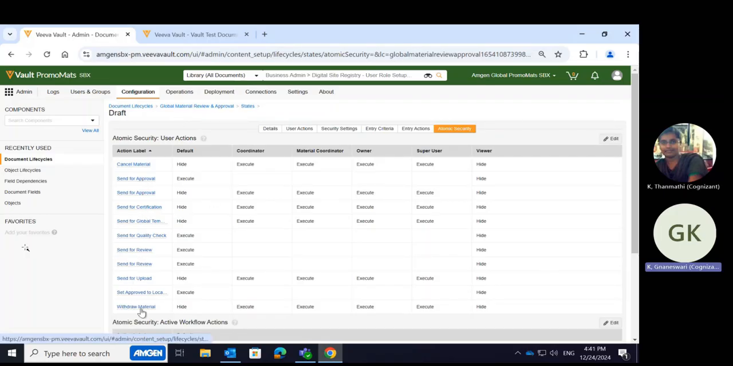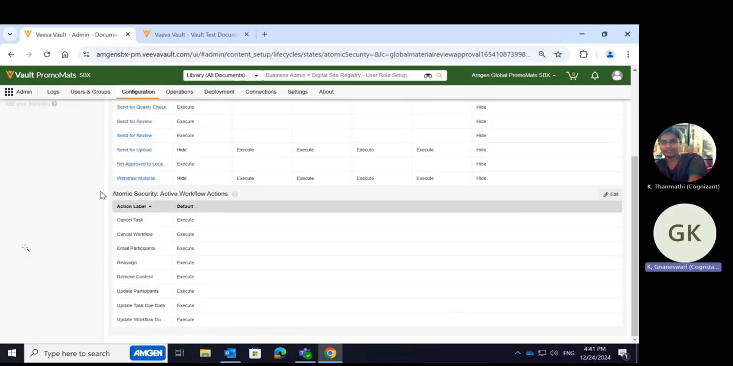For example, send for upload. This is the action. It should be hidden by default, but it can be executed by coordinator, material coordinator, owner, and super user, and it should be hidden for viewer. If the user has the viewer role on this document, then they will not be able to see this send for upload action. That is atomic security. It is the granular level of security we give to this user action,